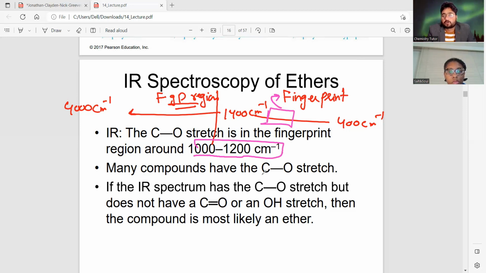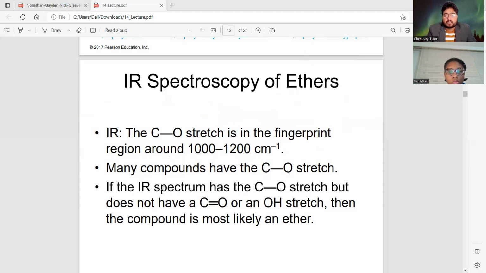Many compounds have a carbon-oxygen stretch. If the IR spectrum shows a peak in the range of 1000 to 1200 centimeter inverse, but you don't have a peak of the carbonyl group, which, as I told you earlier, appears in the range of 1680 to 1750 centimeter inverse, and if you don't have a peak of OH stretch, can you tell me where the OH peak appears